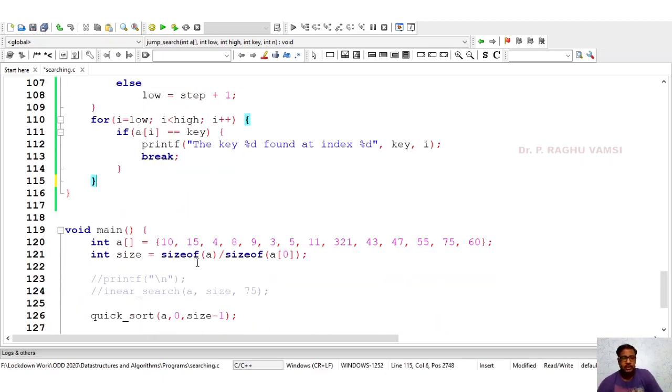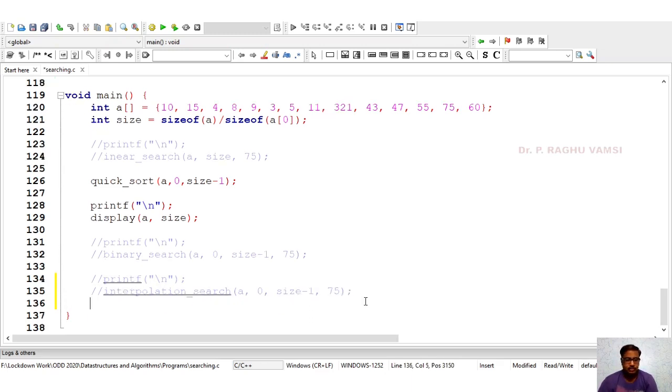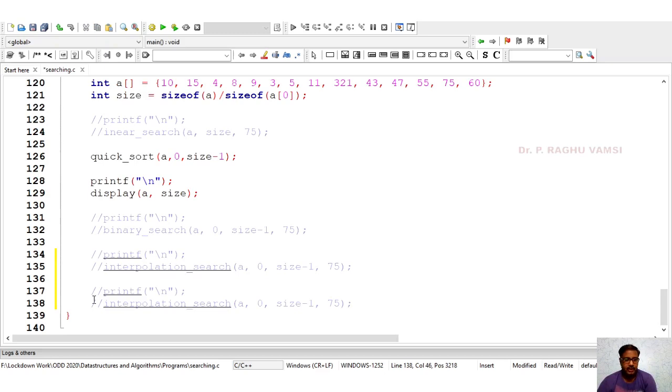Now we'll call this function here. Already the interpolation search was called here. We may also use the same thing. We copy paste and rename it as jump search.